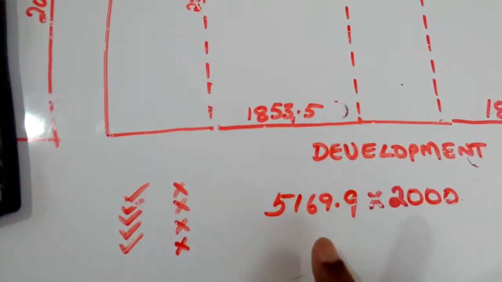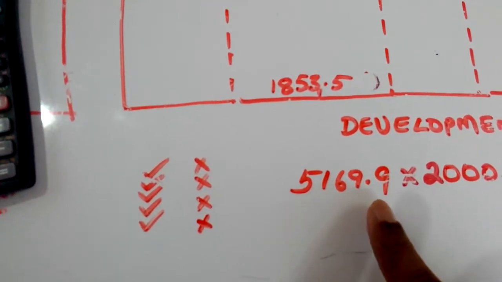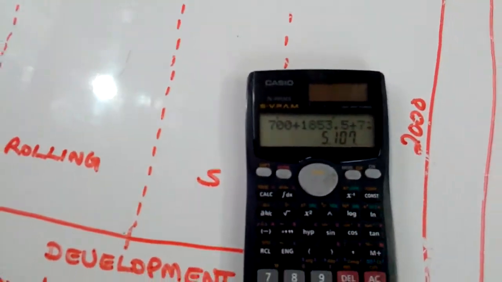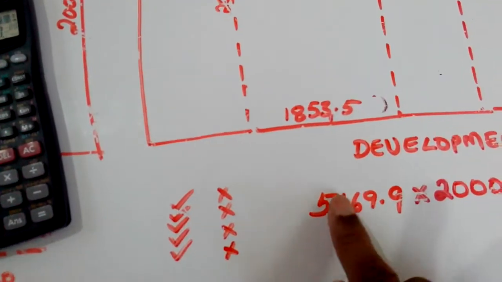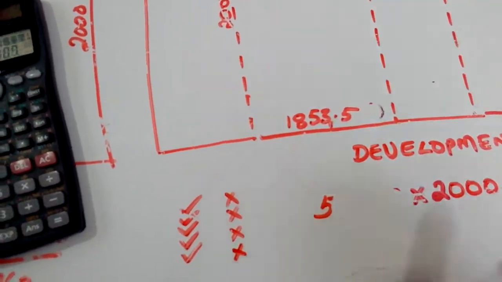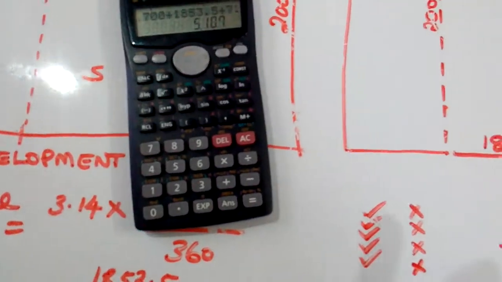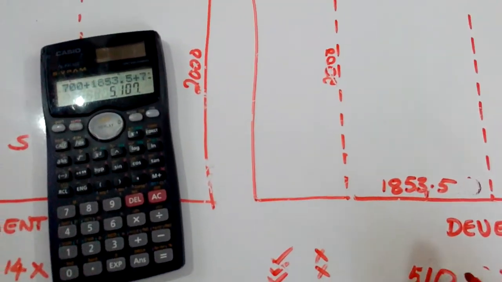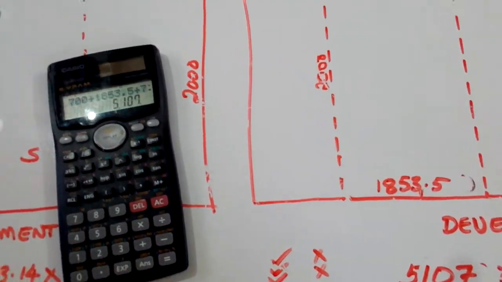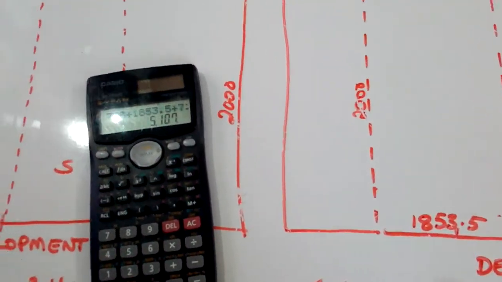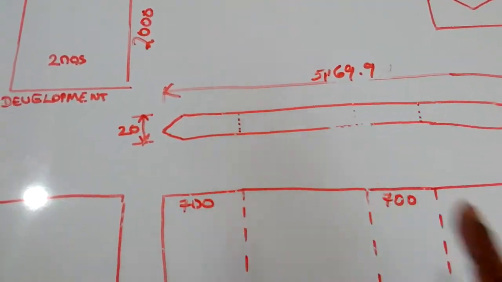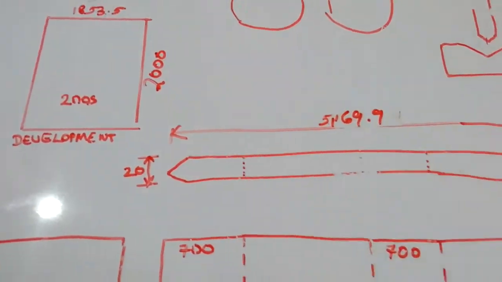I wrote here 5,169.9. That is wrong. The measurement is 5,107. Sorry, I got one mistake. So I have to change this 5,107 here also. I have to change this measurement also, because